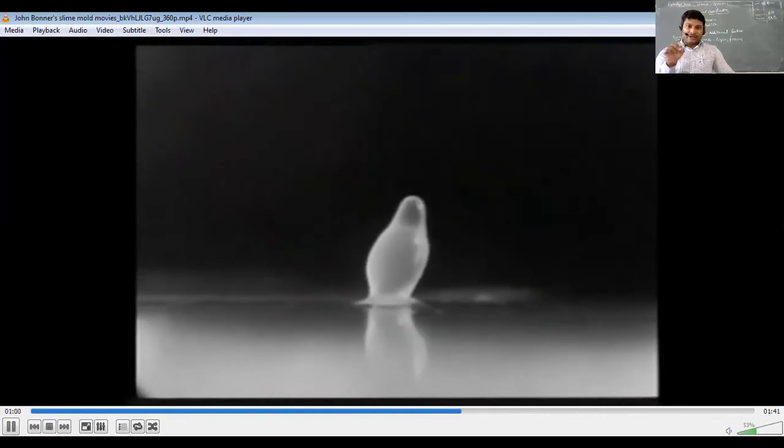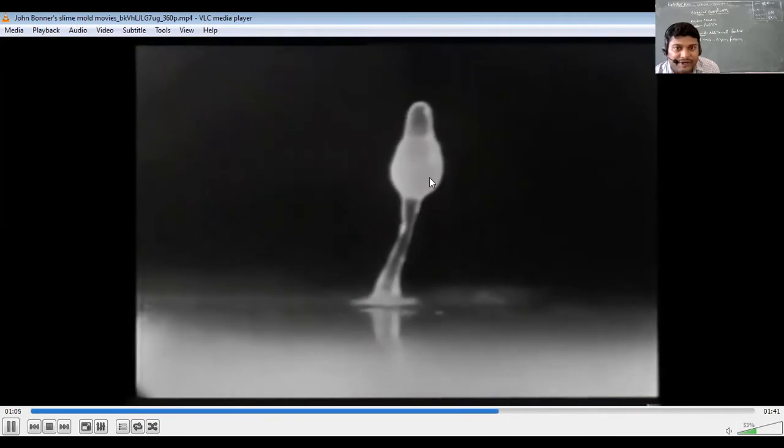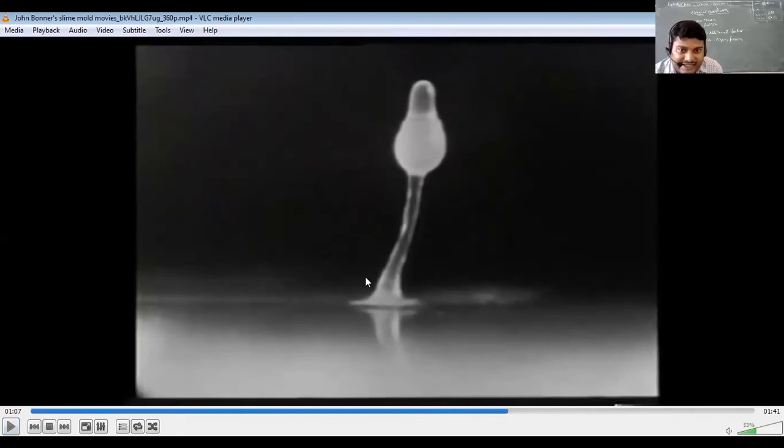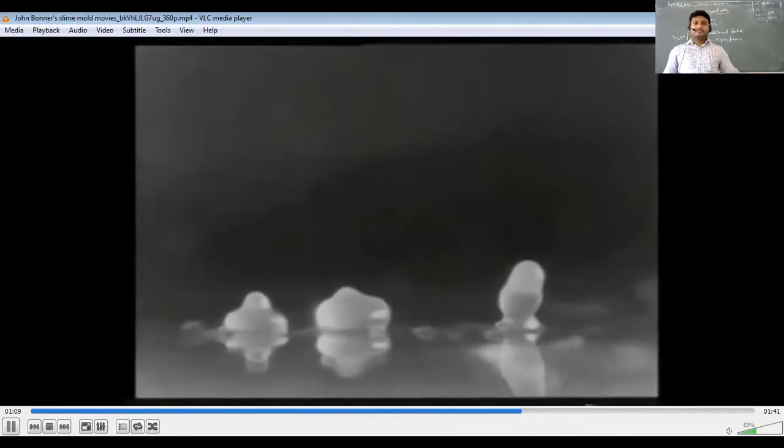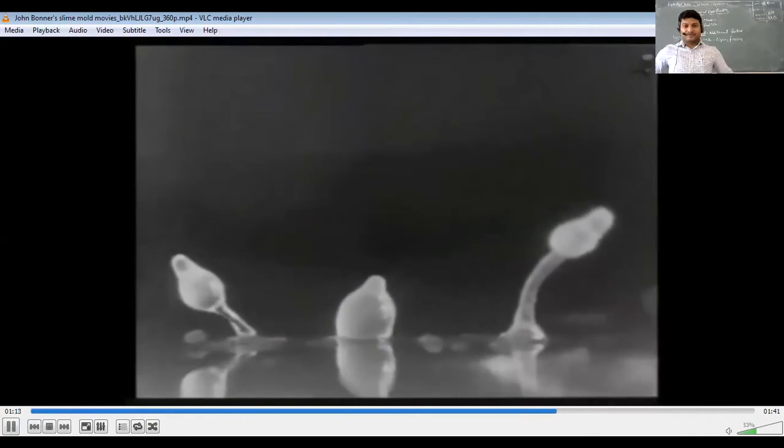In this fruiting body, on the top, this particular part is the sporangium where the spores are going to be produced. And this particular part is where you see the stalk. All the amoeboid cells in the stalk basically die. They sacrifice so that the fruiting body is formed, and all the amoeboid cells that are part of the sporangium survive and give rise to the spores. And these are all real images under microscopes.